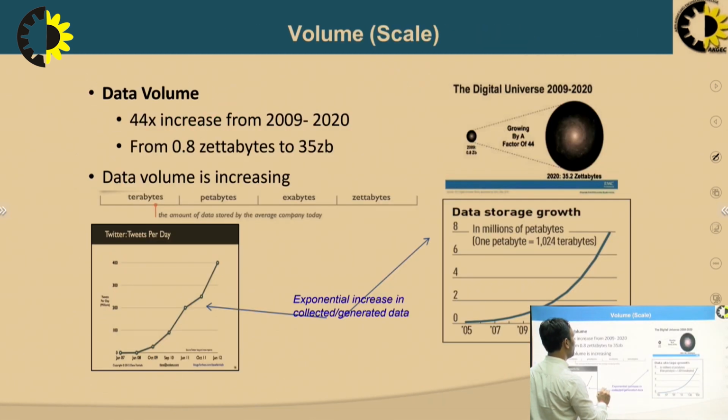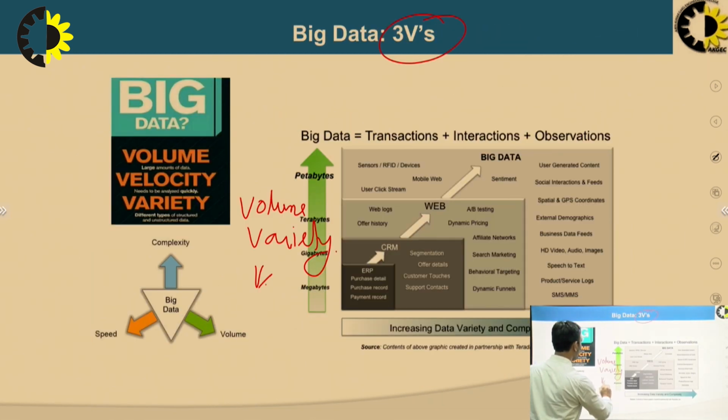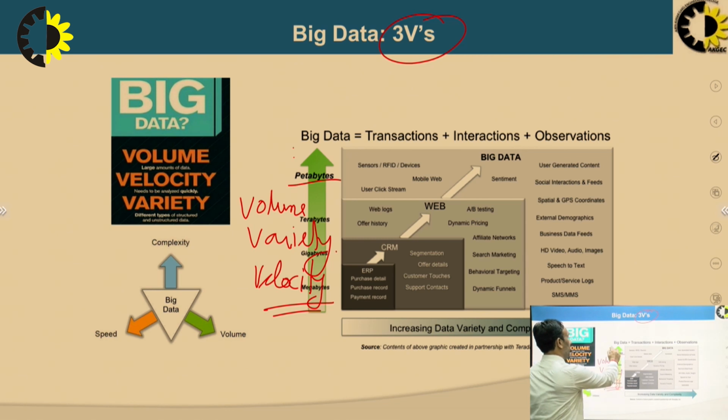And the third one is velocity. As we mentioned on the same slide, that represents the size of data in a petabyte (PB). So what are these three? They help us analyze and manage this size of data.